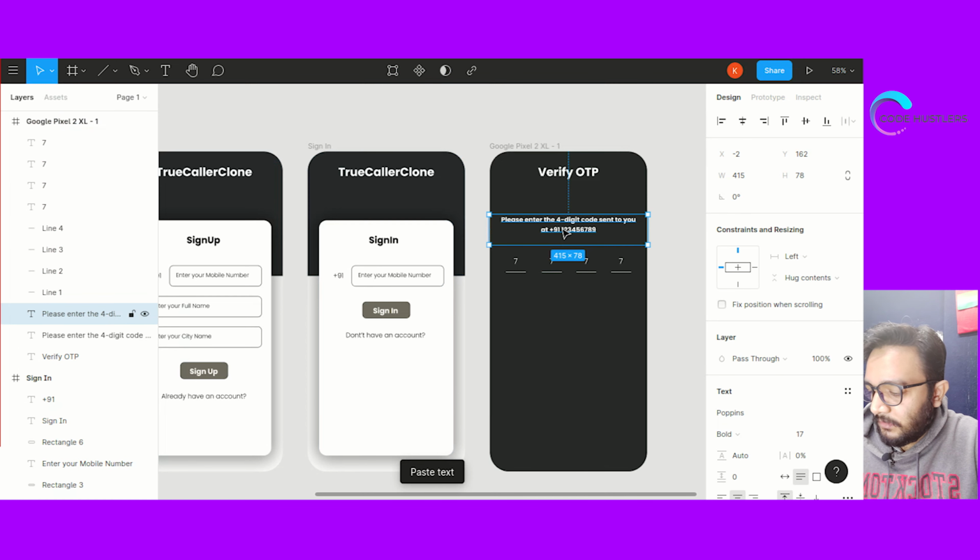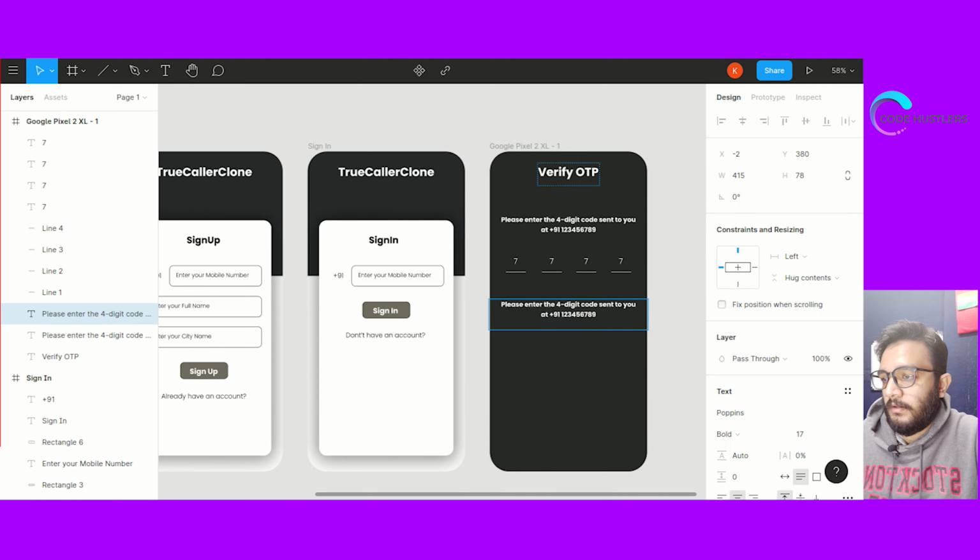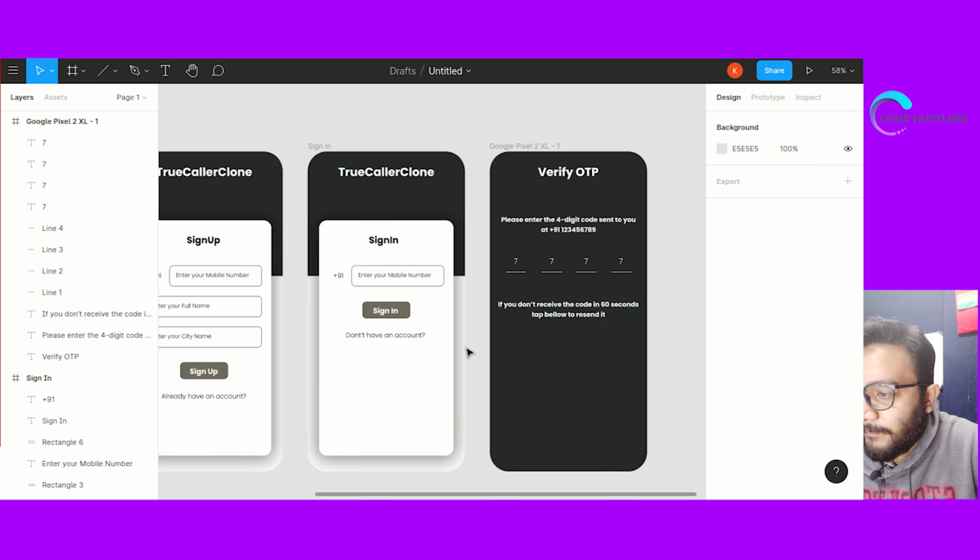So what we'll do is copy this and put it exactly in here. Now we'll copy this and paste it here.